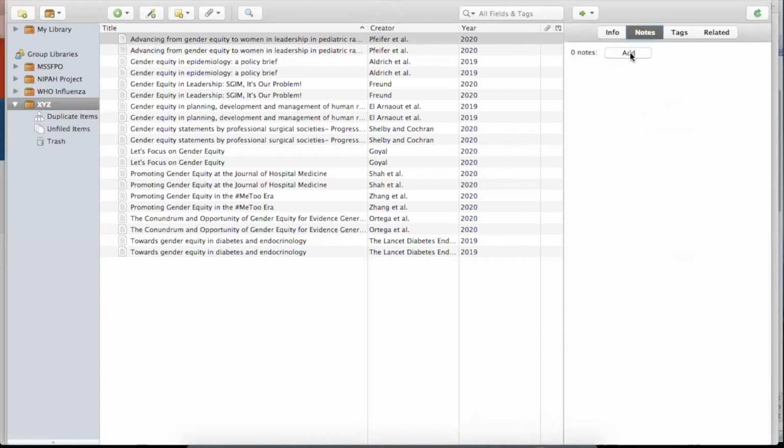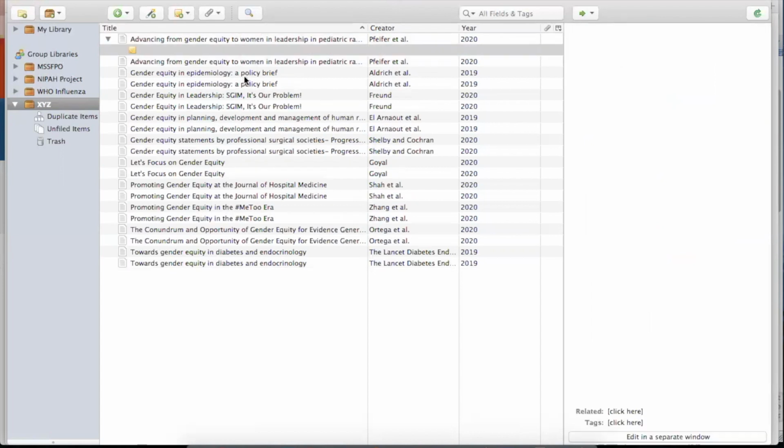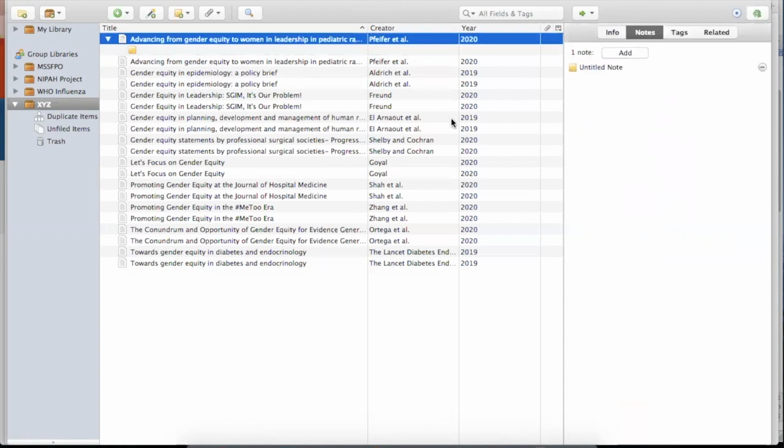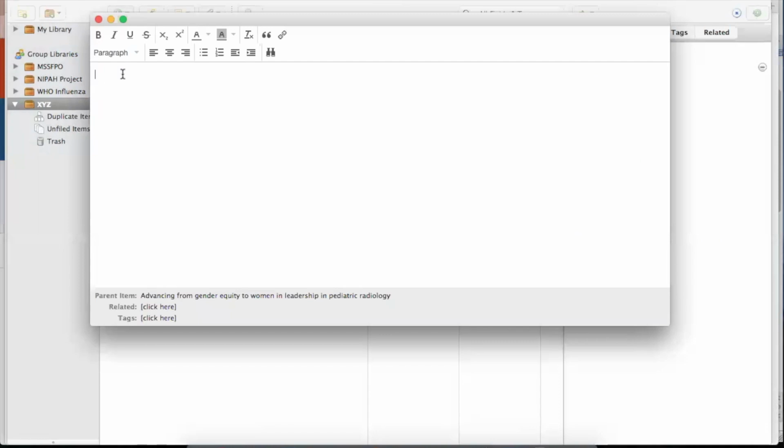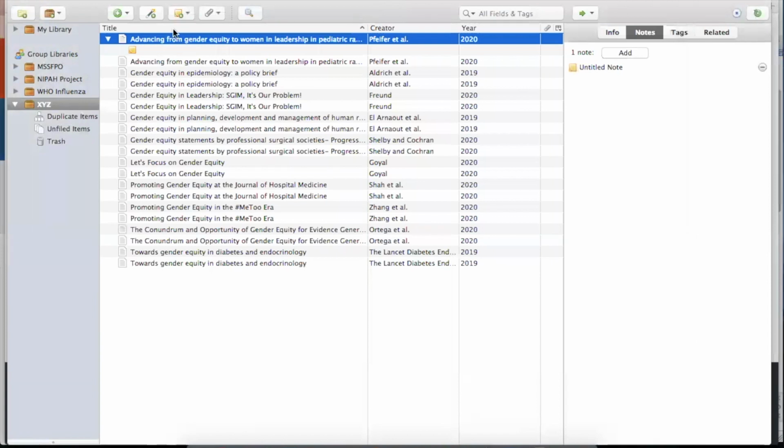Then notes. What you can do is either you can add it manually or you can access it from the PDF given in a particular article. For manually adding the notes, you simply click add here. And you will see a small yellow folder here, which represents the notes folder. So you can simply type whatever you want to. If you want to write a particular note for this particular article, you can type it here. Also, there is an option of opening this notes window in a separate window. If you click on that, it will open in a separate window and then you can type it here. It will automatically get saved.